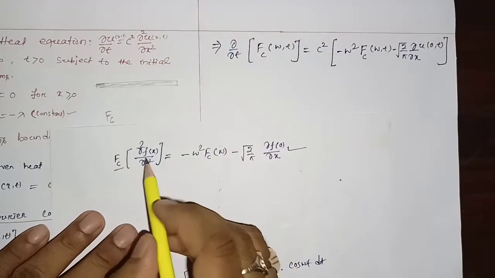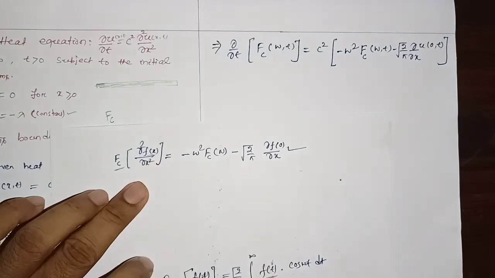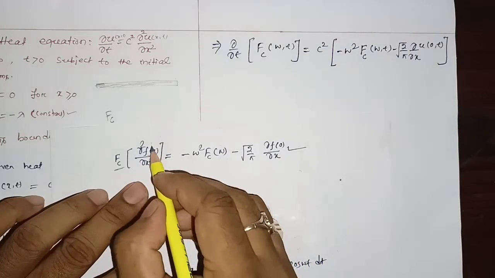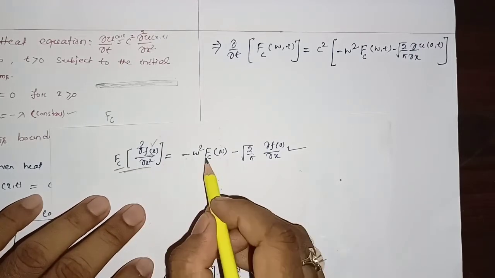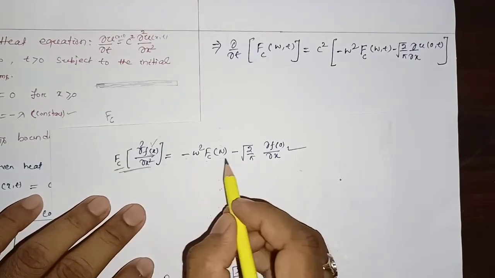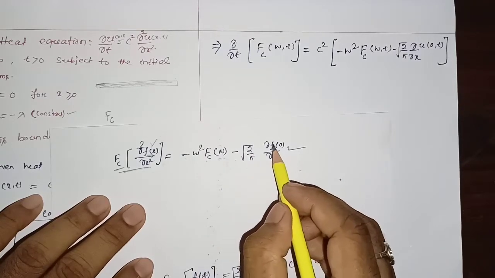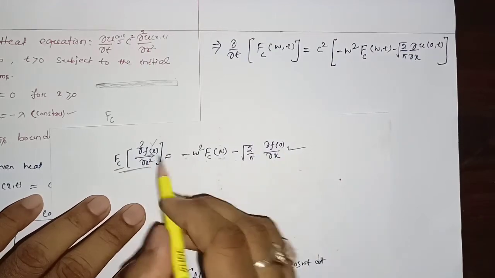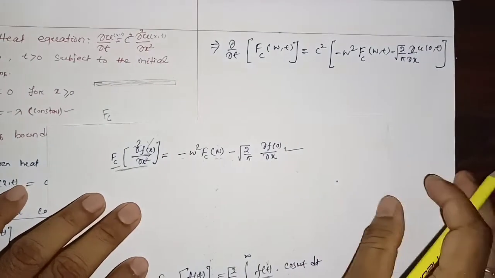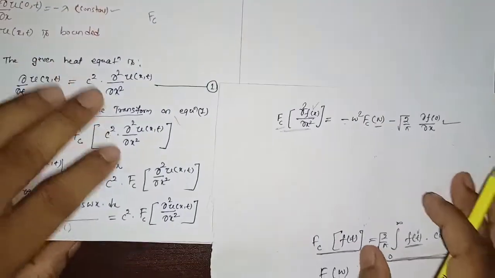Okay, why it is and how it is, you just recall that the Fourier cosine transform of the second derivative of f of x, suppose the function is f of x, is nothing but minus omega square capital F c omega minus root over 2 by pi del by del x of f of 0. That means instead of x we have to put 0, that means x equal to 0. So here you can see that